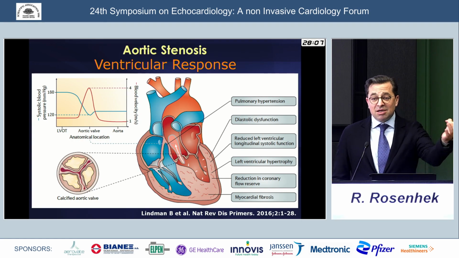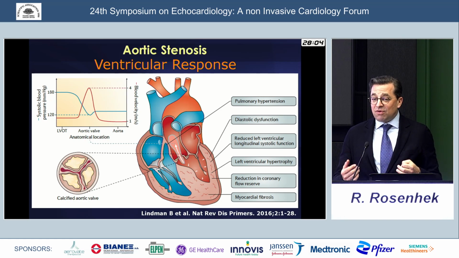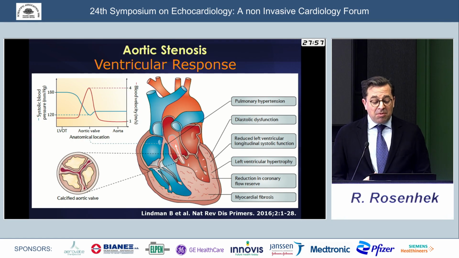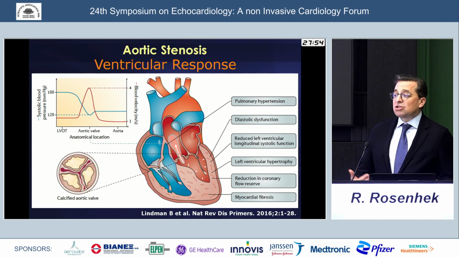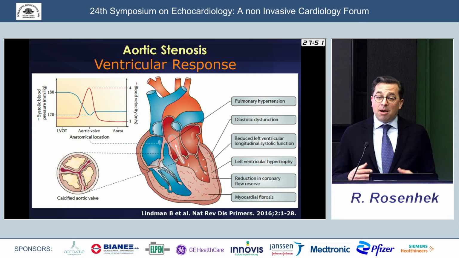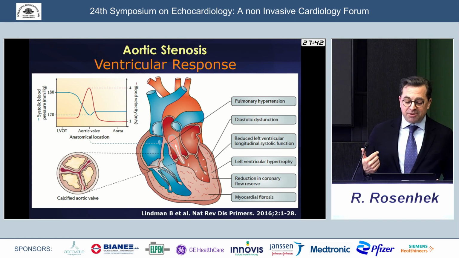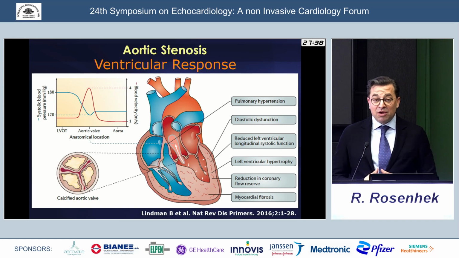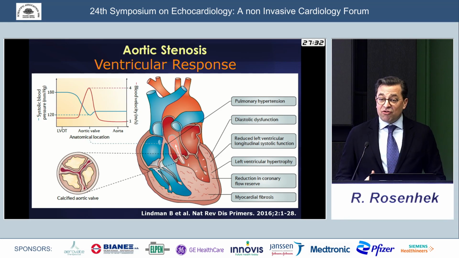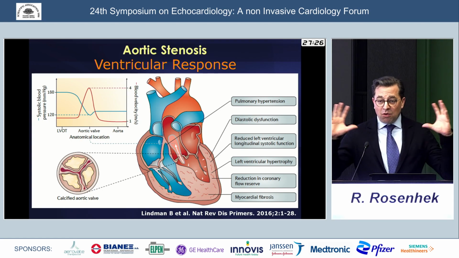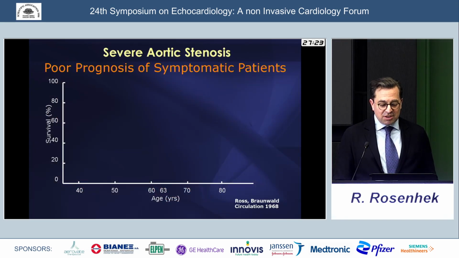So it is not only the mechanistic obstruction to blood flow, but it has direct repercussions on the ventricular function, leading to adaptive responses such as hypertrophy of the ventricle, and associated with that diastolic dysfunction, fibrosis, impaired longitudinal strain, reduction in coronary flow reserve, and in some patients, in the end also, it may lead to pulmonary hypertension or to associated valve disease, such as mitral valve disease. And I think we have to keep the whole picture in mind when we talk about aortic stenosis, even when